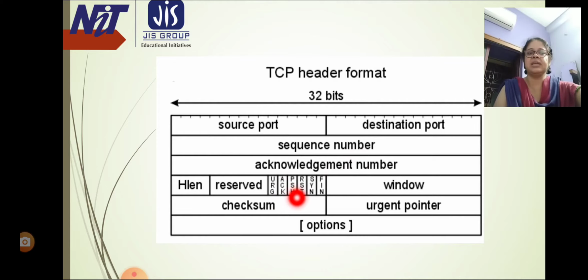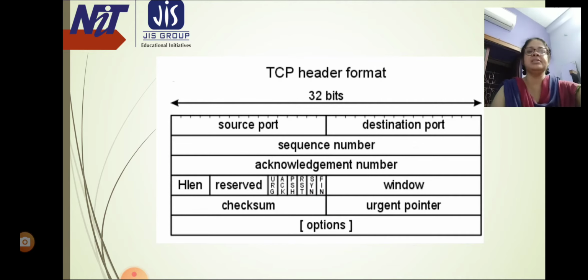Then there is PSH, request for push. Then there is RST, used to reset the connection. SYN is used to synchronize sequence numbers, and at the end it is FIN or finish. It means terminate the connection.